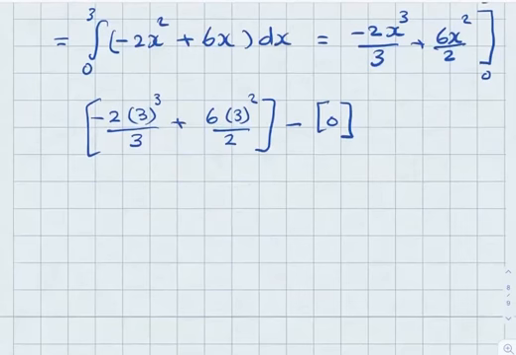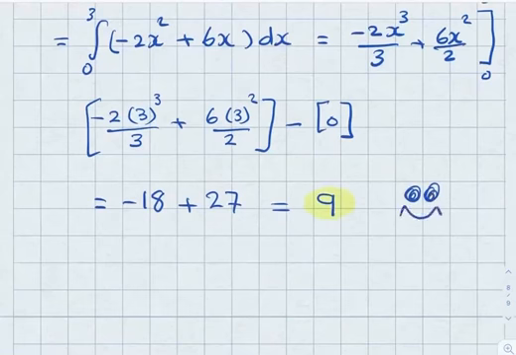So now 3 to the power 3 is 27, so minus 2 times 27 over 3, which is minus 18, plus 6 times 9 over 2, which is 27, and this is going to be the final answer here, which is 9. And that's it. So this kind of question